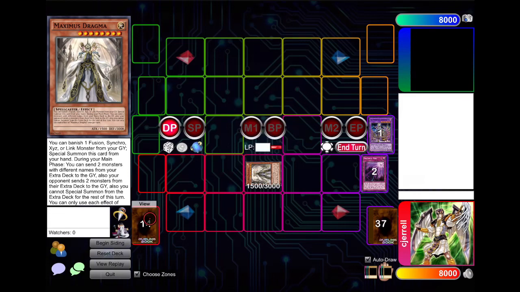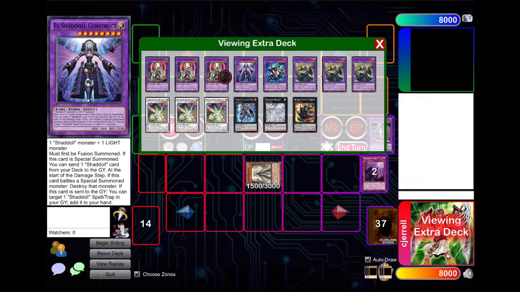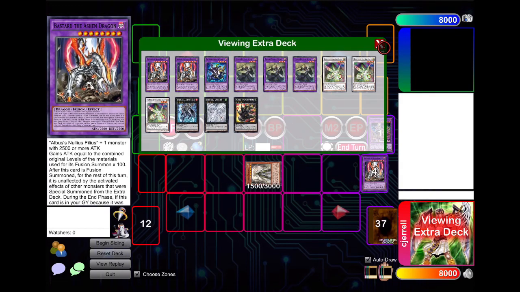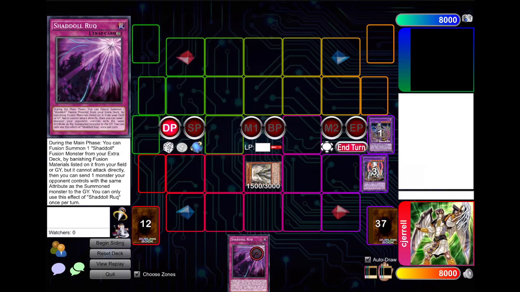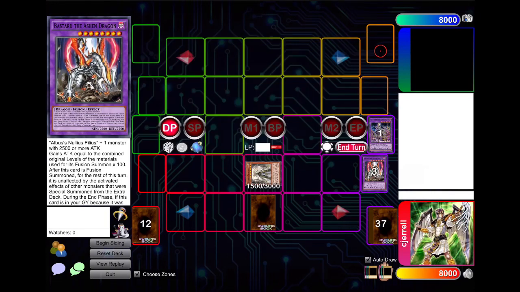So you activate Maximus' effect. You send Shadal Construct and the Ashen Dragon to the graveyard. Shadal Construct then activates, adding Shadal Rook to your hand. You then set Shadal Rook here, and that's it for the combo turn. During the end phase of your turn, the Ashen Dragon activates, adding yourself